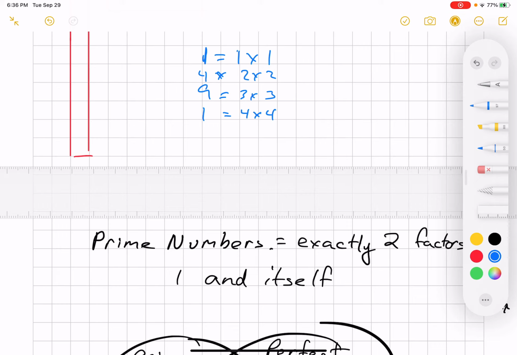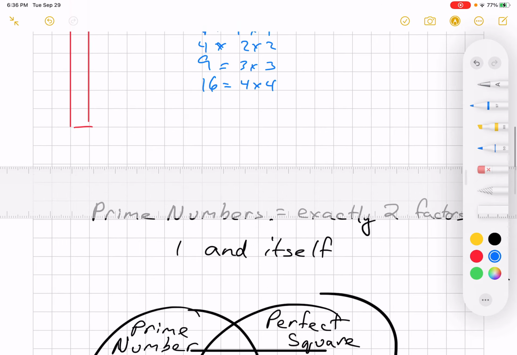Okay, 4 times 4 is 16, right? So the next one would be 5 times 5, and that would be 25. Okay, we can continue this process. So all I want you to do right now is just pause the video and go all the way up, find all the perfect squares to 100. So I've paused it now,